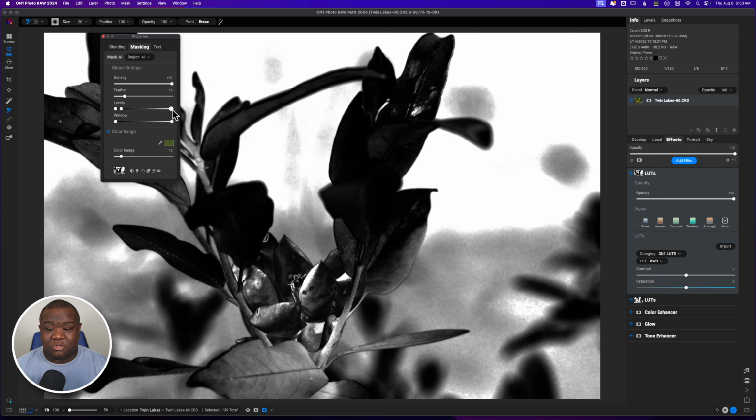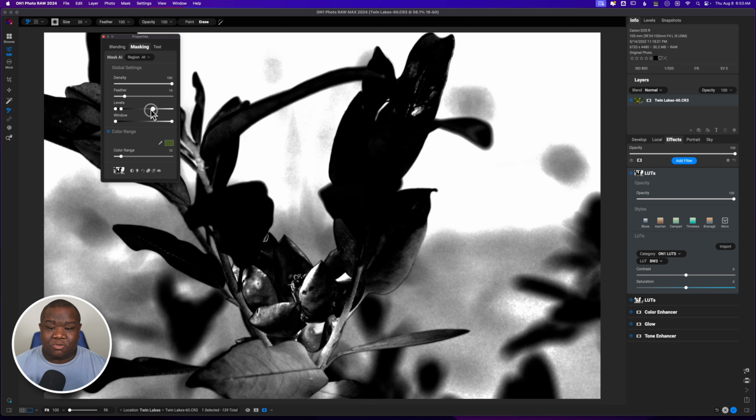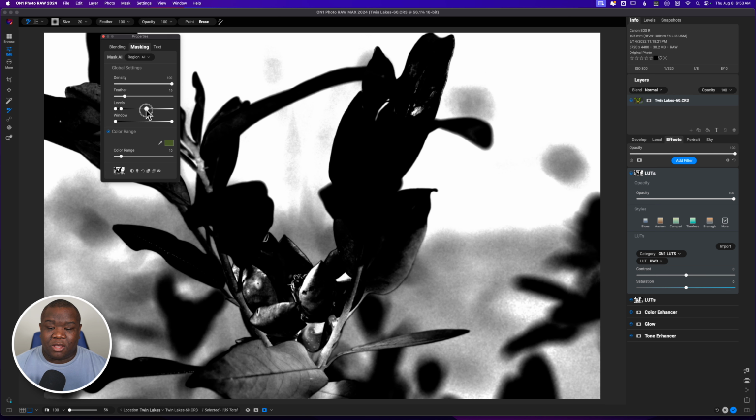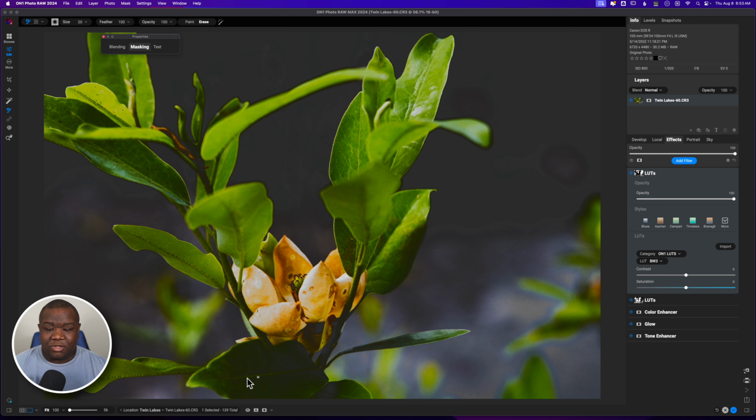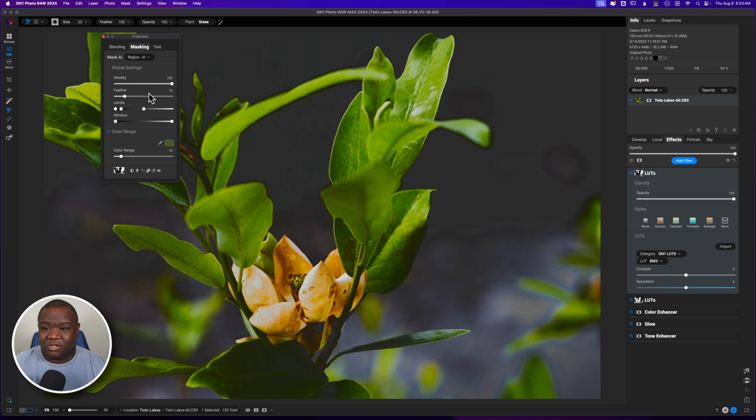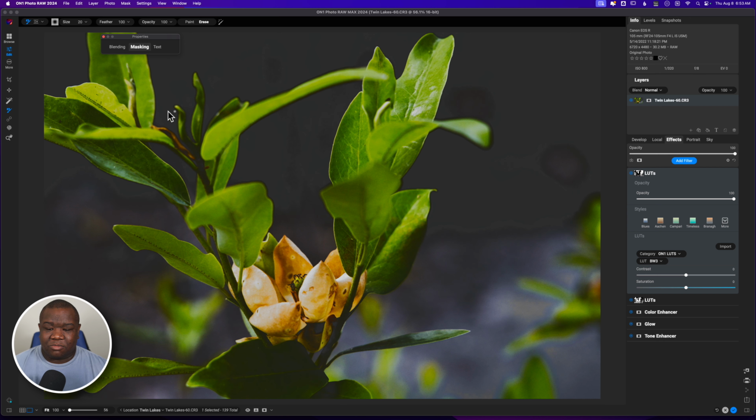And what I want to do is make it black, but I don't want to have to use my brush because I want to kind of save time. So what I'm going to do is also pull down on the highlights here a little bit, and maybe that'll work. Always check your work. But you can see what that's really doing to this leaf, making it look very discolored, and I am not a fan of that. So let's just go ahead and pull that back up,